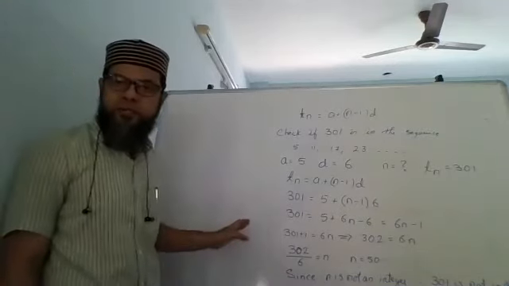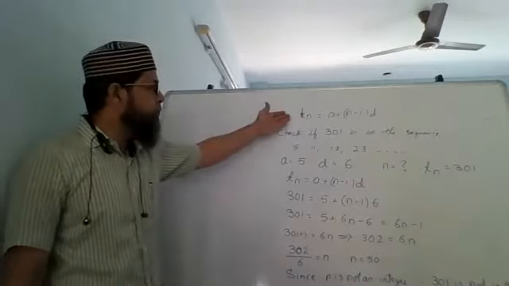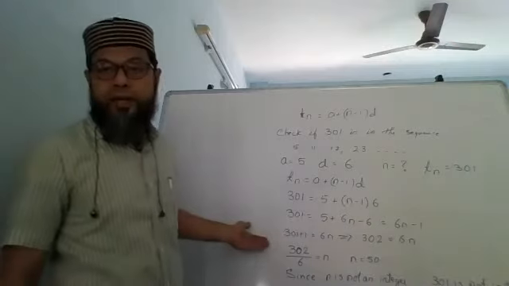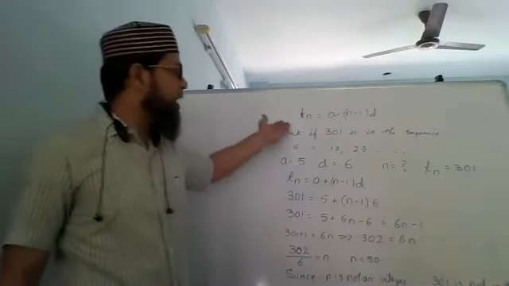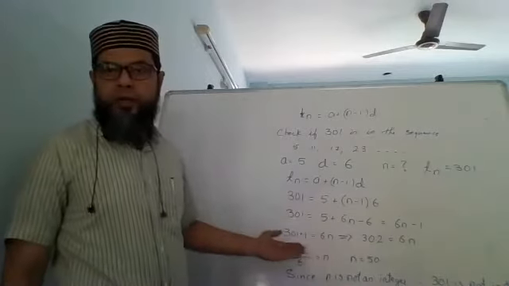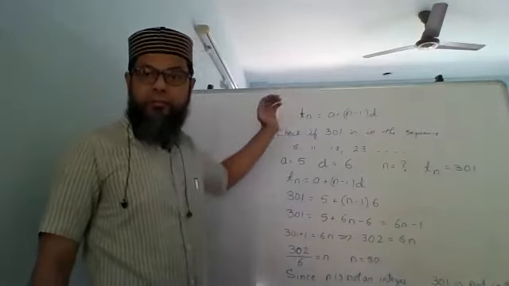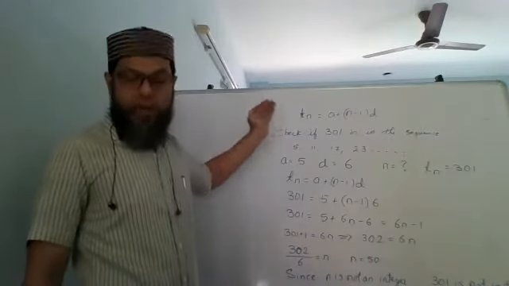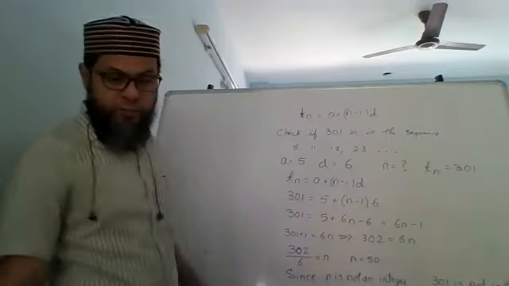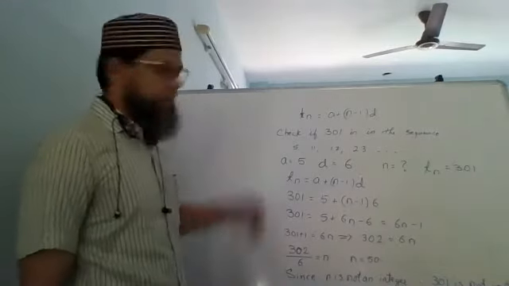Are we clear with this? This is one type कि tn दिया है, वो चेक करना है वो सीक्वेंस का पार्ट है या नहीं. कभी tn दिया होगा, n ढूंढना रहेगा. So this is how we are going to find n. Okay, last time what we saw was how to find tn. tn ढूंढने का सीखा, n ढूंढने का सीखा. Okay, now let's look at a similar example. Let's take one more.